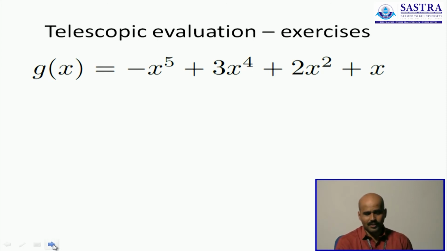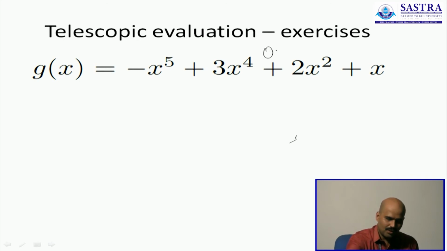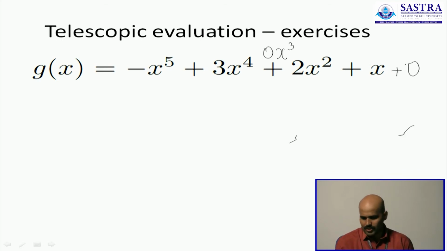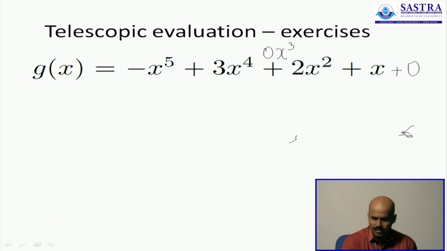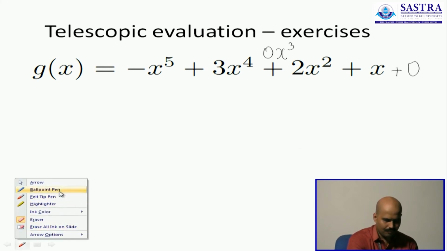Once again you have this term, the highest power is 5, so it's a degree 5 polynomial, which implies we got to have 6 terms over here. We don't have them, we have only 4. You can easily find out that there is a 0x cube, an x cube term is missing, and a 0. There is no constant term involved. So both the x cube and the constant term are missing. We can take care of them by simplifying.